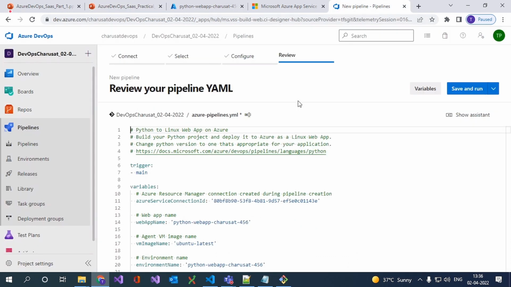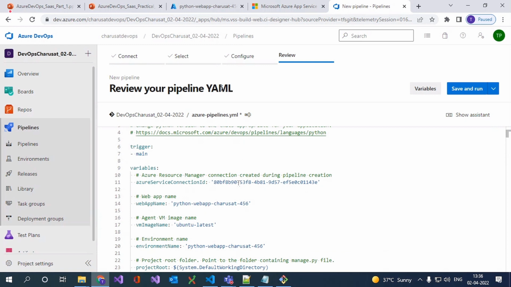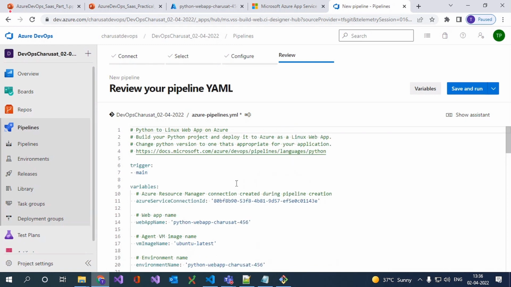Now, just see, guys, over here in the review tab, it has created the YAML pipeline. YAML is nothing but yet another markup language, which is in human readable form. So what it says is that it has this parameter, trigger. Trigger means